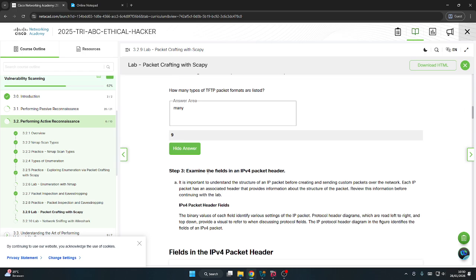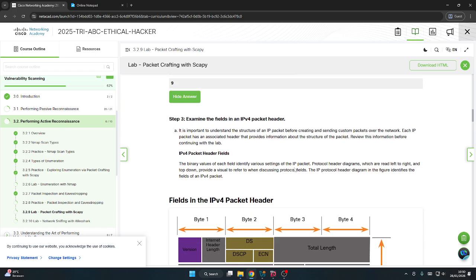So step 3 is to examine the fields in the IPv4 packet header. It is important to understand the structure of an IP packet before creating and sending custom packets. An IP packet has an associated header that provides information about the structure of the packet.